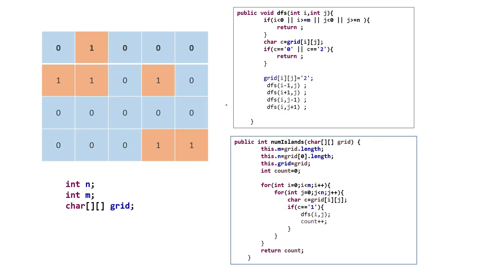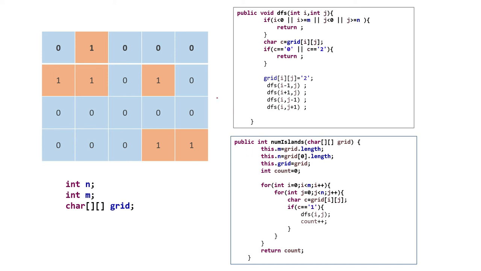So before that, if you check the number of islands problem here, this was the code for number of islands. I will show you how, by changing one or two lines, you can get the solution for this maximum area of island problem. So this was the grid. In the number of islands problem the answer we want is 3, because 3 islands are formed. But in this case, what do we want? The maximum area of an island. So the answer will be 3 because 3 is the highest area.